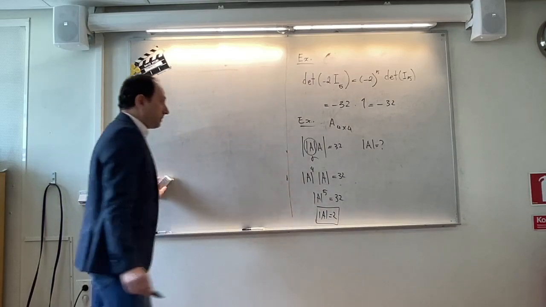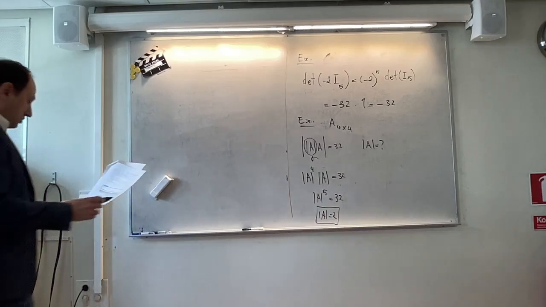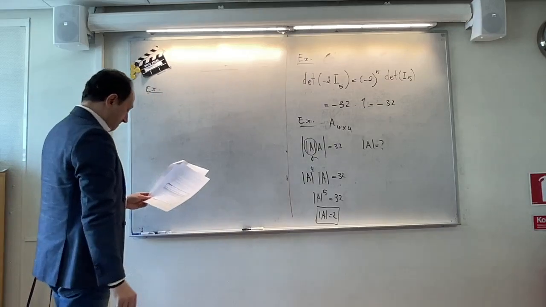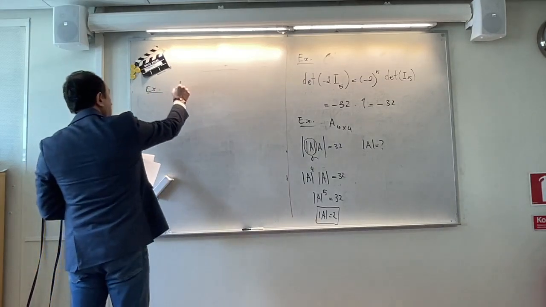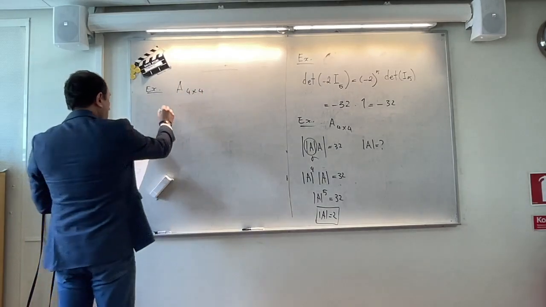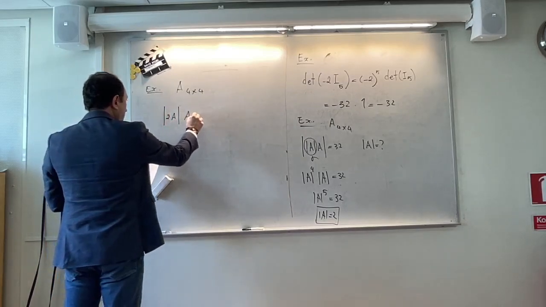Okay, so another example I have written here, let me also do that. Example: let A be a square matrix of order 4. Let me write it like this again. It's 4 by 4. And we know this. We know that the determinant of 2 times A times the matrix itself is 32